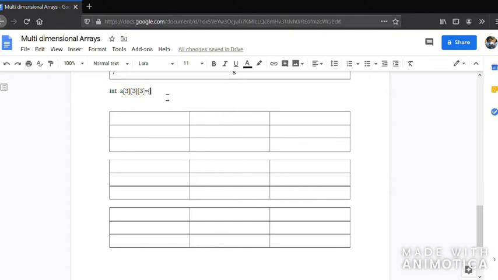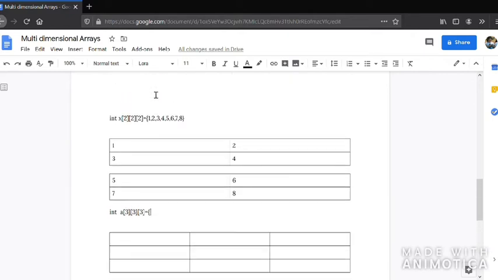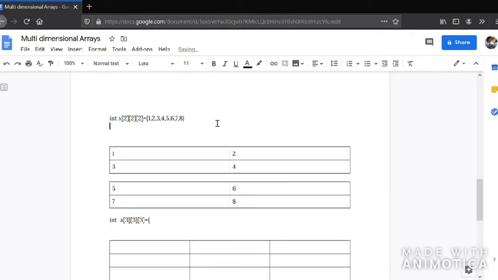Now please note, when you are assigning values, that is when you are initializing an array with values, you have to give curly braces. And when you are accessing a particular value in an array, for example, I need the value at the 0th row first column of the first layer, you should access it using square brackets.